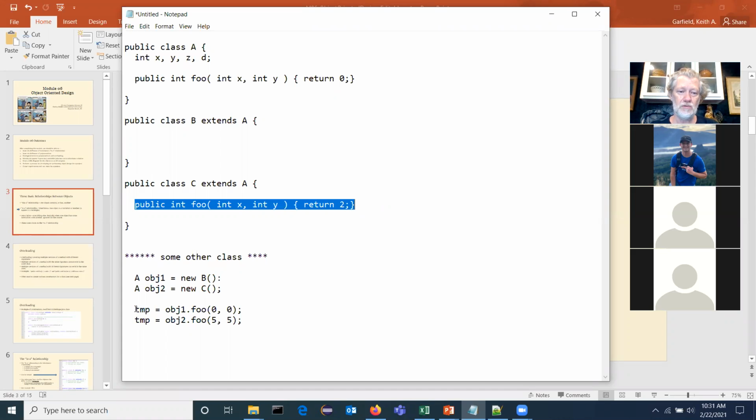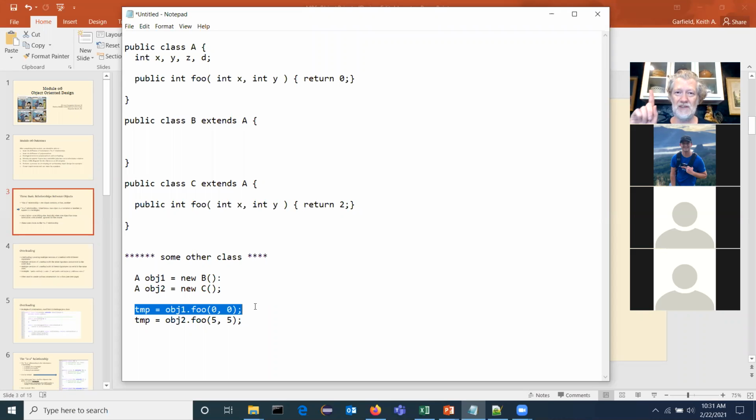Now let's do object1. I made a promise to the machine, didn't I? I said, if you go look inside object1, you're going to find a method called foo that takes 2 integers as input. I need you to run that with 0, 0 as the input. And the Java virtual machine looks inside class B, and what does it find? Or what does it not find?